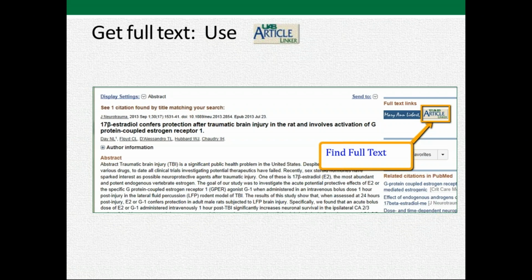So you do your research, you link to PubMed, you do your search, you pull up some references, and if you look at the abstract view of the citations, you'll see these little buttons, either underneath the abstracts or over to the side, to link to the full text. One of those is usually the publisher button, and the other is the UAB article linker.